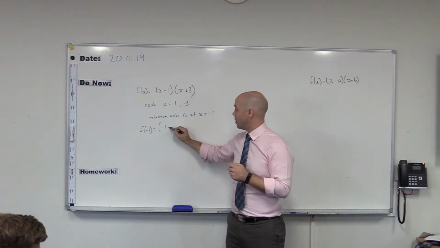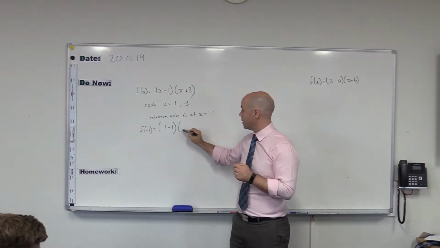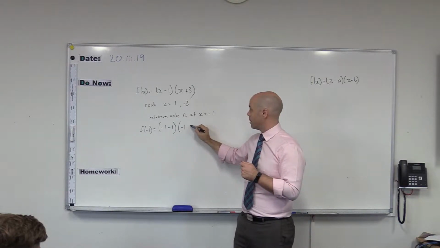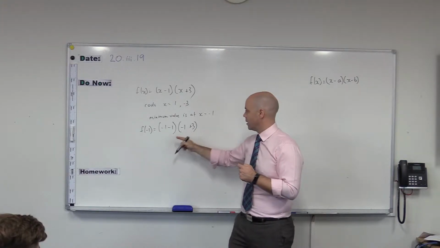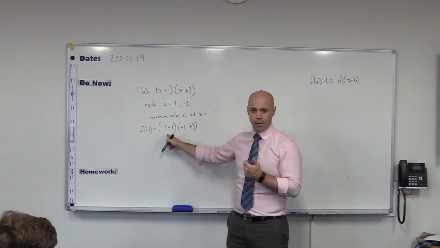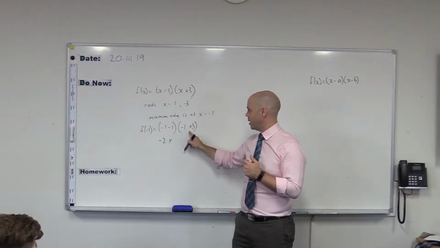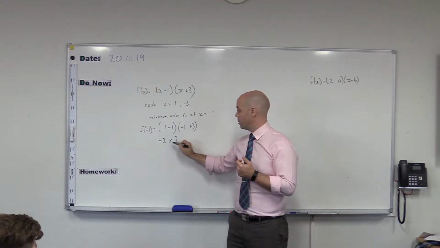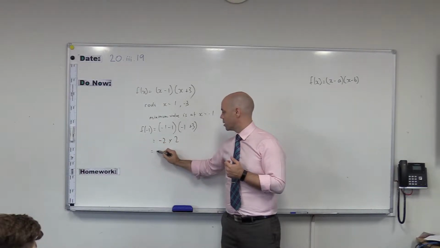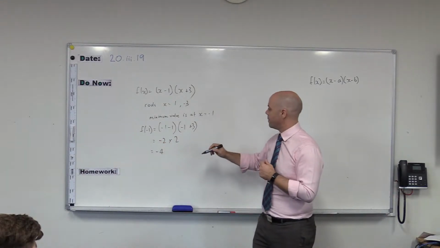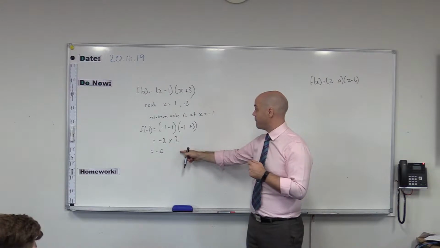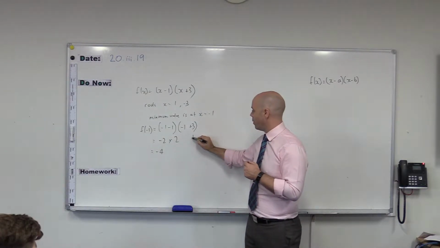Negative 1 minus 1 times negative 1 plus 3. Okay, so what's negative 1 take away 1? Negative 2 times negative 1 plus 3, positive 2, equals negative 4. So its minimum value is negative 4,